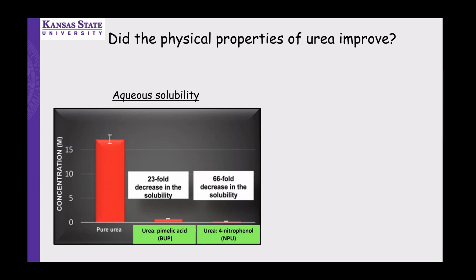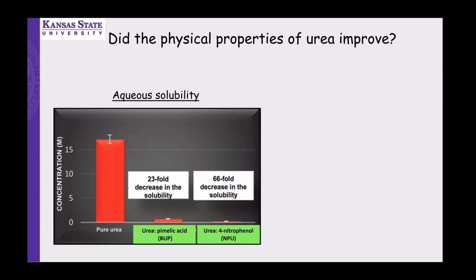And basically, we have reduced the solubility in water of urea by a factor of 20 times. And if you go to the far right-hand side of that diagram, you can see that we have decreased the solubility of urea 66-fold, which is a substantial increase, which is exactly what we were hoping for, which means that in principle, you should be able to distribute a substantially smaller amount of urea, but by virtue of having it